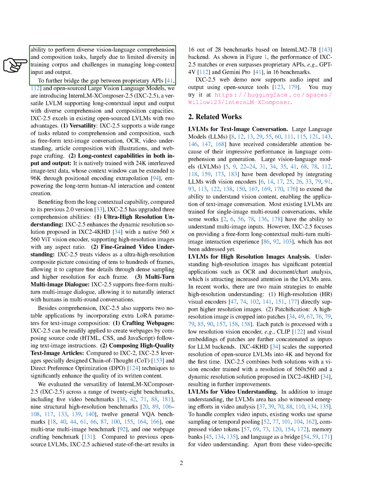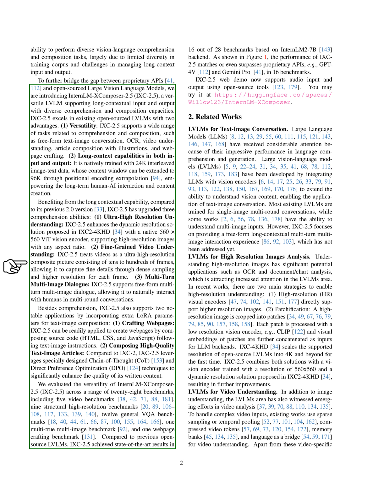and output. To bridge the gap between proprietary APIs and open-source LVLMs, we introduce InternLM-XComposer-2.5, IXC 2.5, a versatile LVLM supporting long-contextual input and output with diverse comprehension and composition capabilities. IXC 2.5 excels over existing open-source LVLMs with two main advantages: versatility and long context capabilities in both input and output. It is trained with 24K interleaved image-text data, extendable to 96K through positional encoding extrapolation, enabling enhanced human-AI